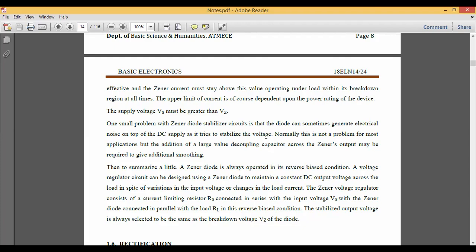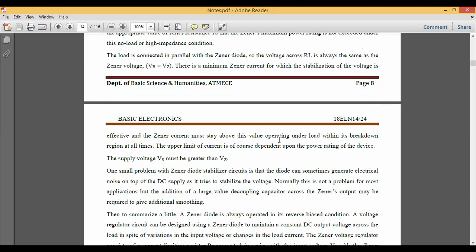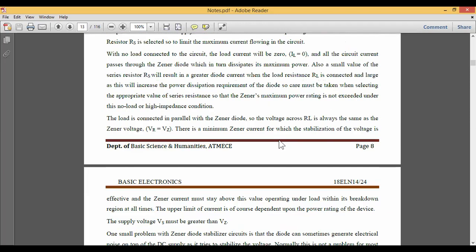So this is how we go about understanding the Zener diode, which is always operated under reverse bias. We have two effects: one is the Zener effect and another is the avalanche effect. For the Zener effect, the voltage should be less than 6 volts, and for the avalanche effect, it will be greater than 6 volts. The second thing is how this can be used in applications. This can be used as a voltage regulator in many home appliances, or anywhere we require stability of the current, and then we can go for such devices.